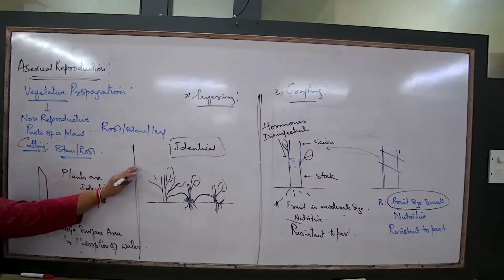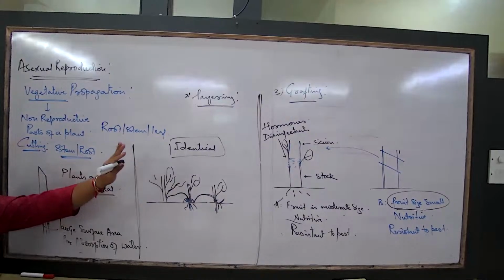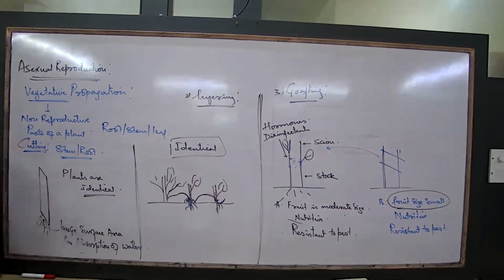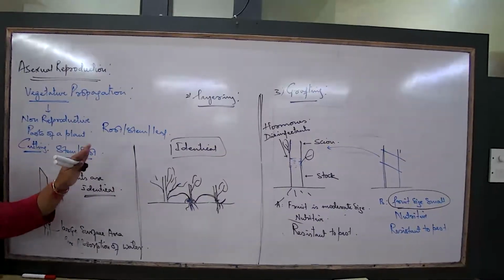Is this topic clear? Any doubts? 3 methods. The diagram drawing is not there in this part of the chapter. There is no diagram drawing at all. But differences, advantages,